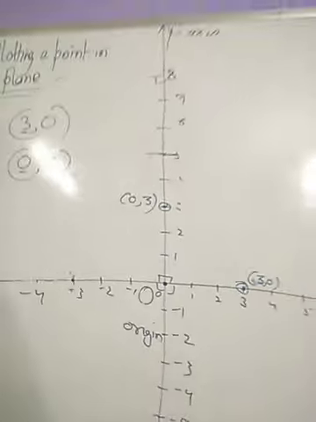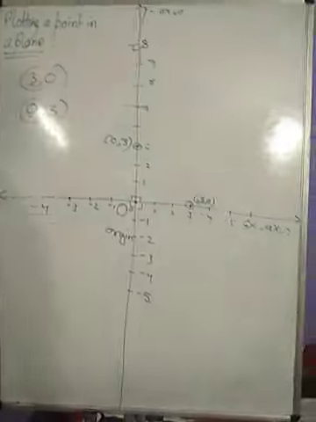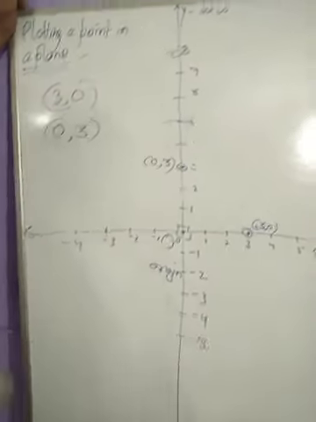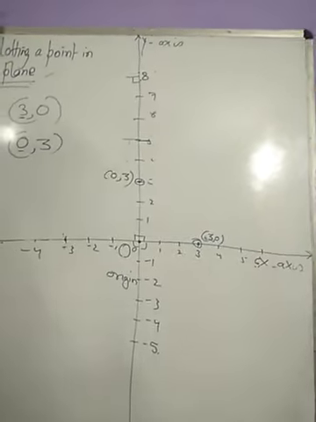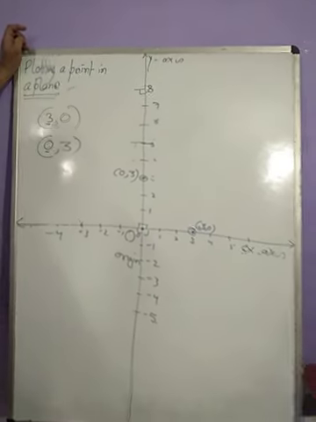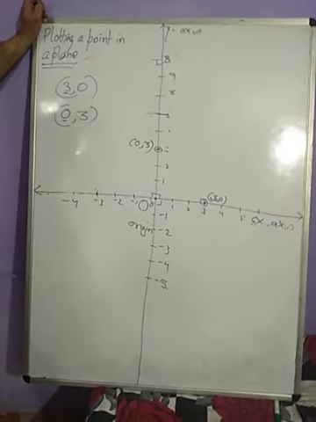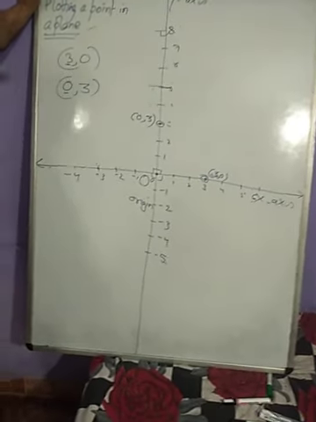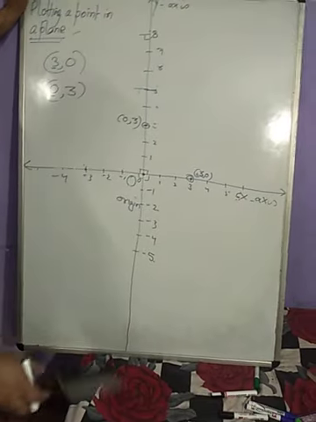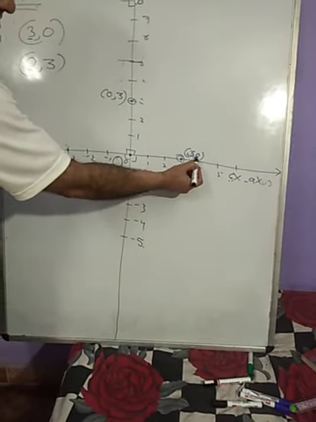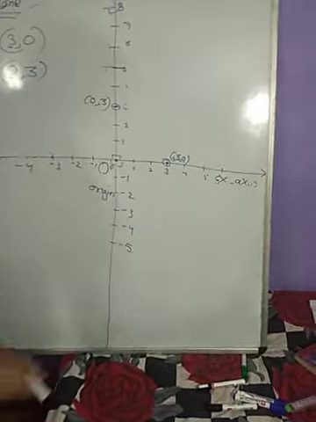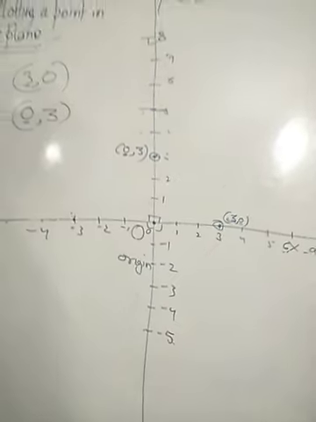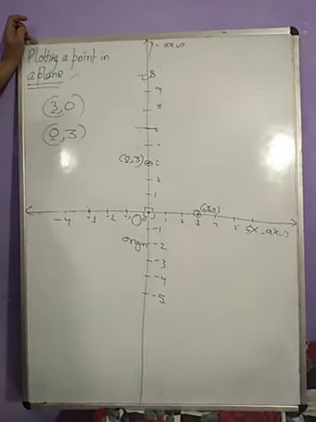So how do we recognize that a point lies on any of the axes? If a point has one coordinate 0, then it is clear that the point will lie in none of the quadrants. It will lie on an axis. It may lie on the x-axis or on the y-axis. Like 3 comma 0. On the x-axis, the y coordinate is 0, and on the y-axis, the x coordinate is 0. This is how to plot points in a plane.